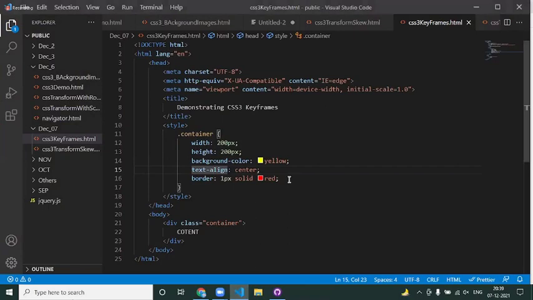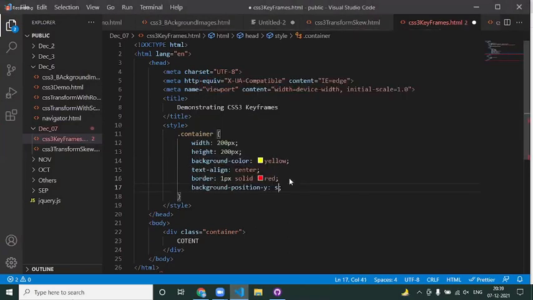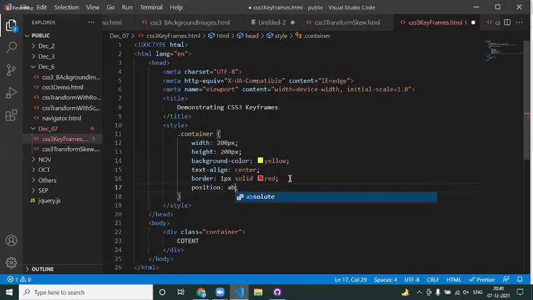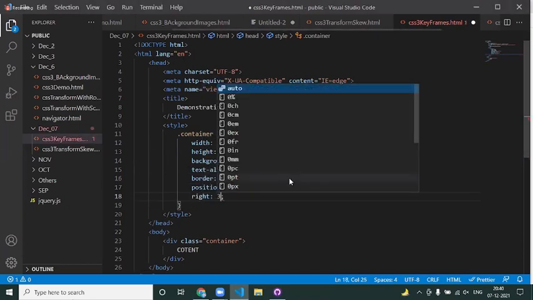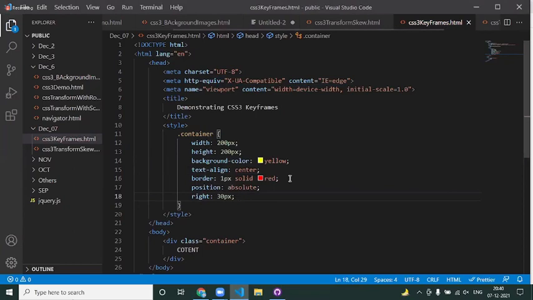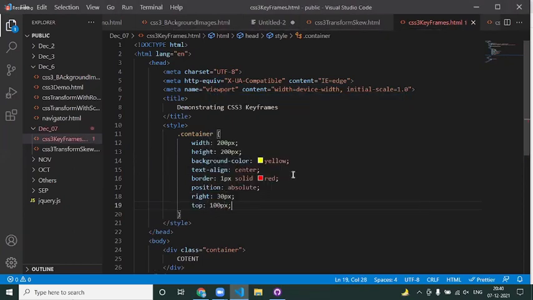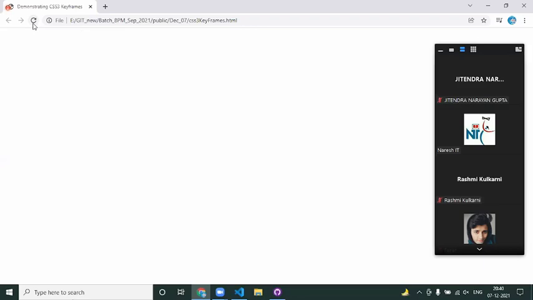But if you say position absolute, right of say 30 pixel, top of say 100 pixel, this is what my requirement is. Now, if you come back to the page and reload the page, this is how the container you could see.